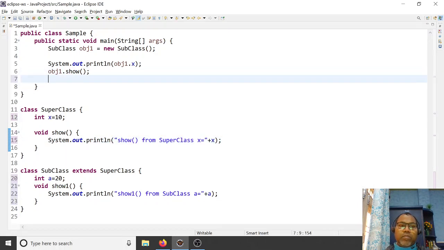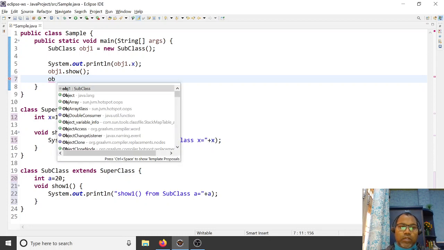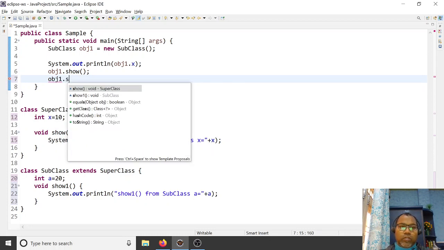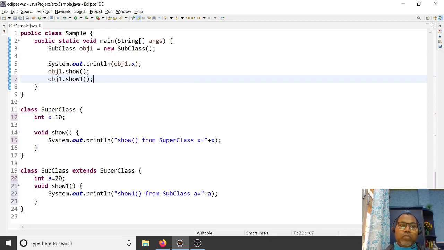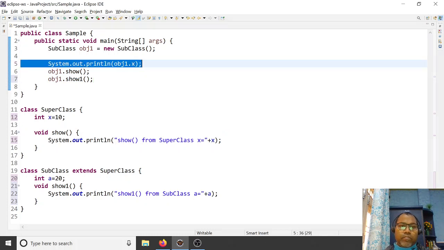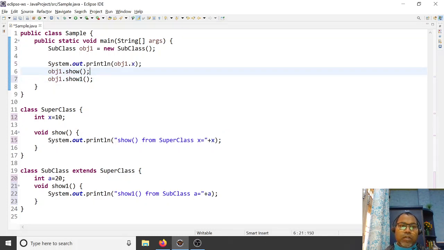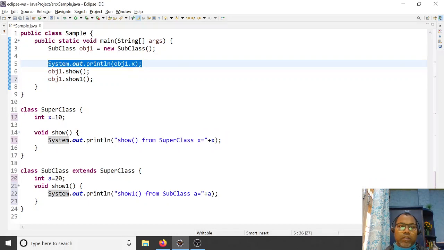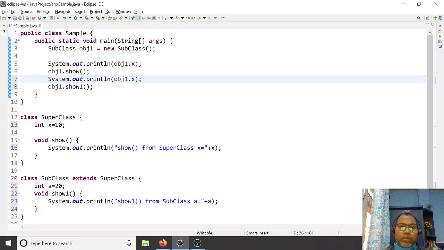So from this object, object1 dot show1 as well. This class has a, and you can also access the data members from here, including your a attribute.